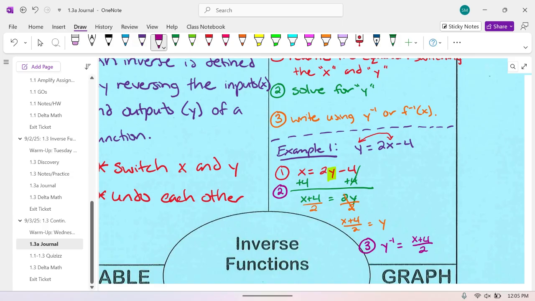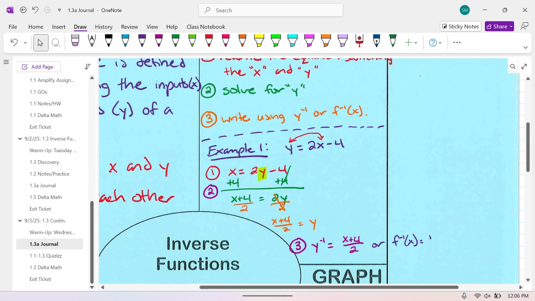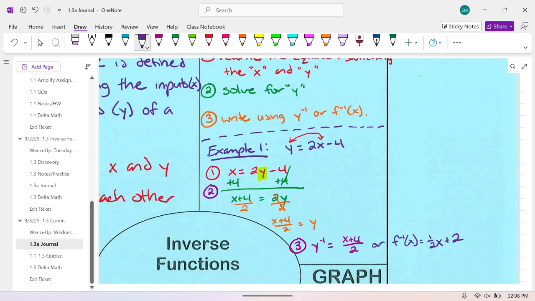Now, like Mackenzie said, we could technically simplify it, so we can technically break apart that fraction into x over 2 plus 4 over 2. All right. So another way you could have written your answer is f -1 of x is equal to 1/2 x plus 2, because 4 over 2 is 2. Now, in my opinion, guys, if you can get here, I'm happy. If you don't trust yourself to simplify that correctly,